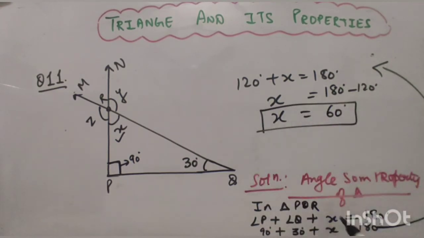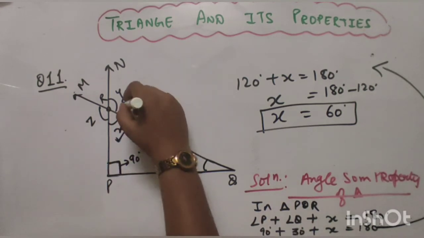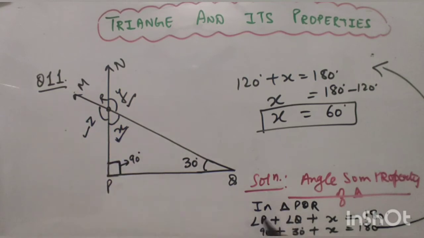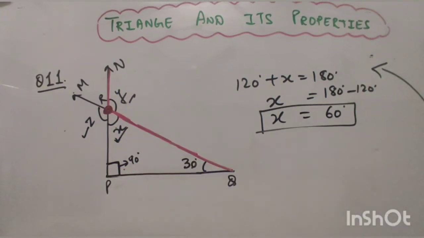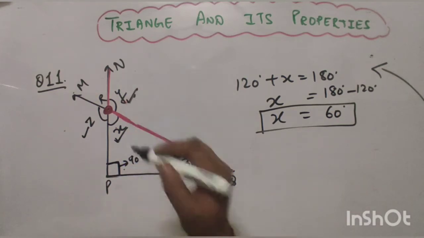So by using one of the properties of a triangle, we have found one interior angle of the triangle, right? Now one part is done. Let's move on to y or z. It's your choice which you are going to find out first. So now we are done with one part. So now I am going to move in alphabetical order. So now I am going to find the value of y.